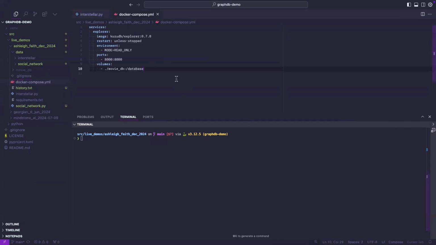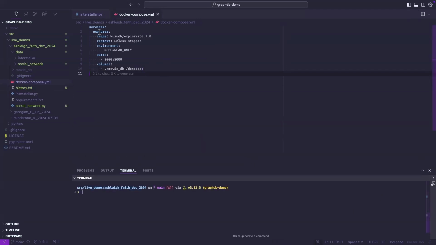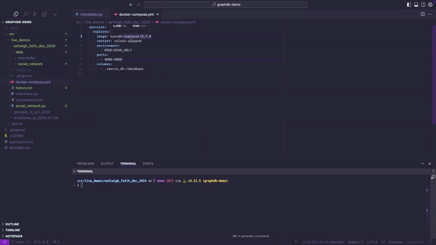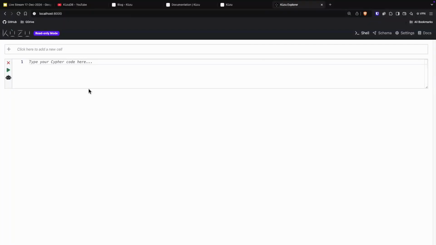So if you have Docker installed, I have the simple Docker compose file that I've written here. All it does is it calls this image, the Kuzu/Explorer, which is the name of the UI. And the version of Kuzu that was used here, we're using 0.7.0 here. And I'm opening a read-only connection to the database. So I'm not expecting to make any writes via the UI. I'm only doing reads. And I'm pointing to the local volume, which is the name of this database directory that I have here, movie_db. So if I just run this command using Docker compose up, and I have a UI